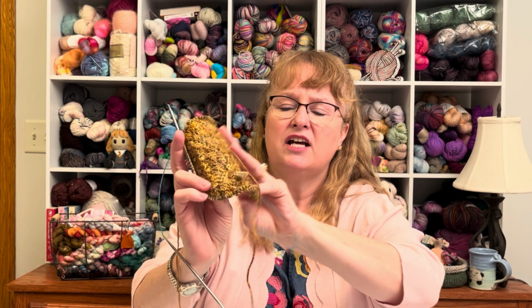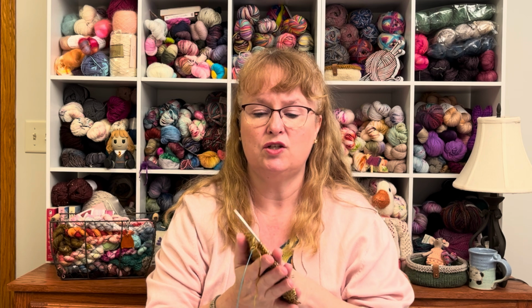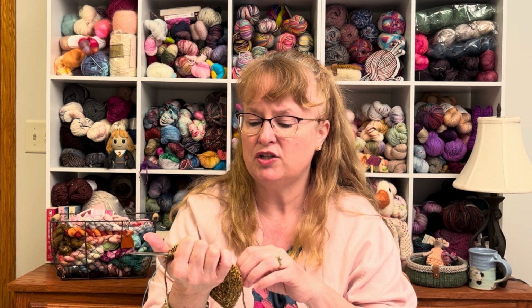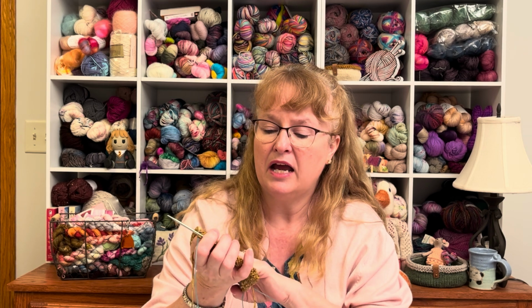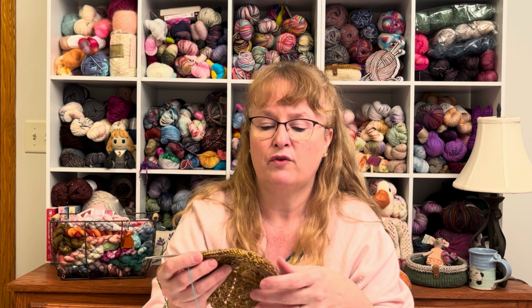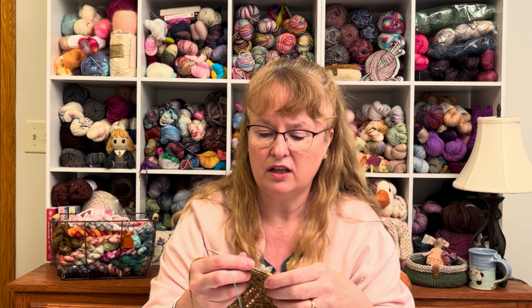This is a project I started, I gotta think about this, I believe 2022, so December of 2022. And I did not purchase an advent for this specifically. I purchased a mini skein kit from Etsy in colors that I liked. It was more fall color